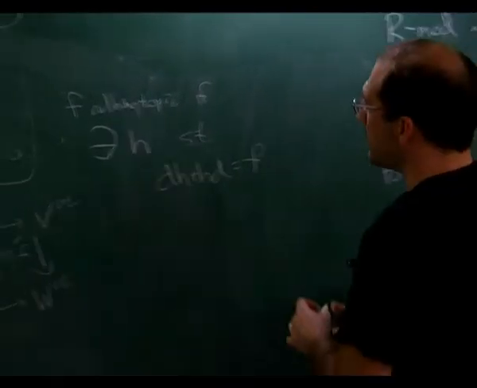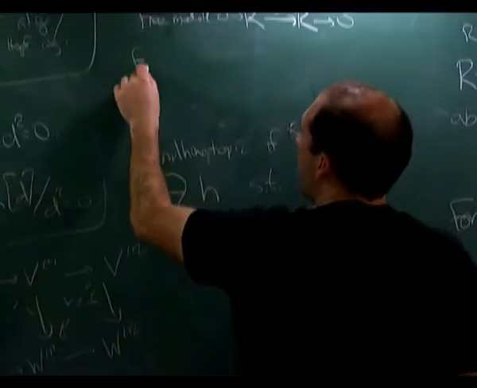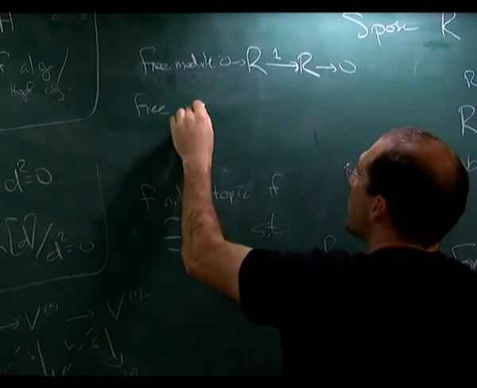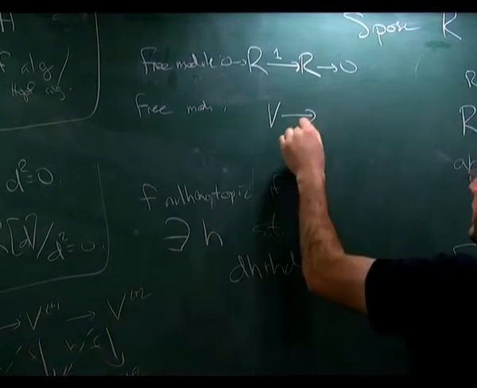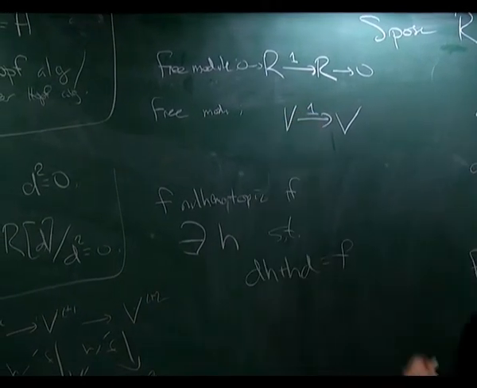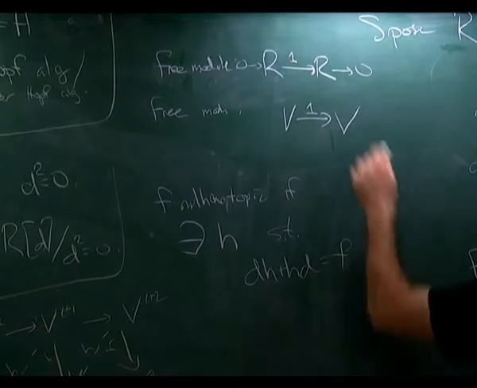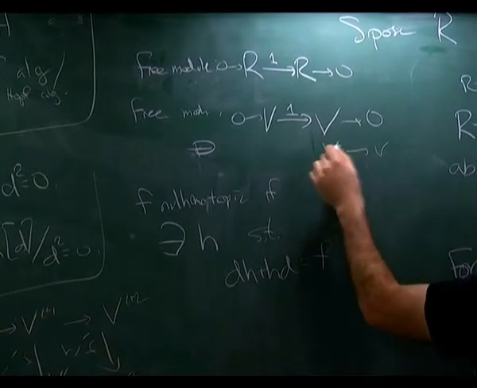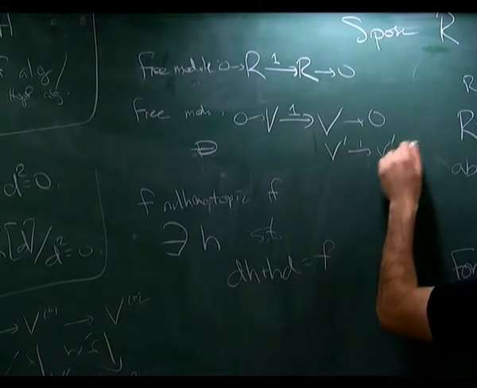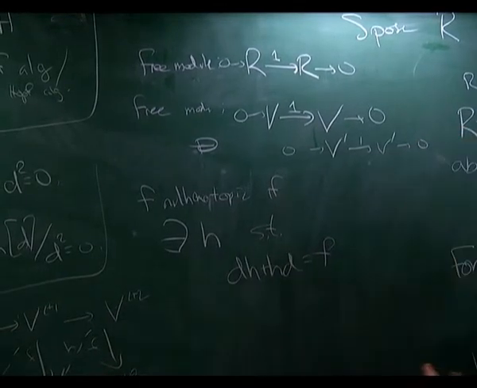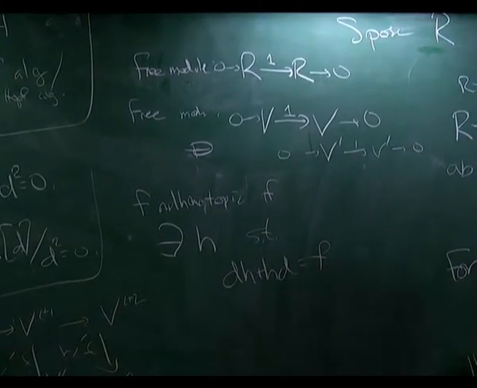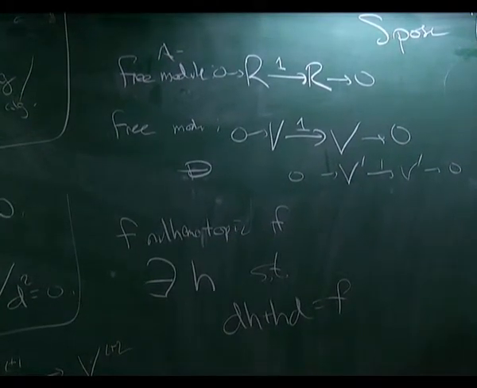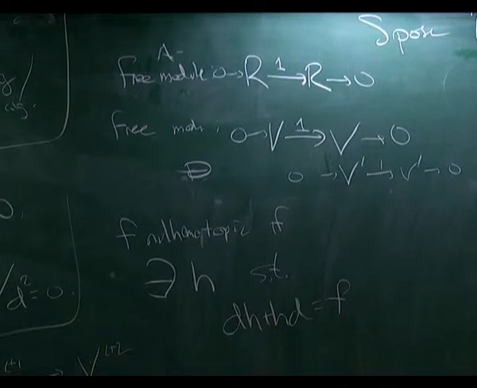So in that case, you might have a general free rank 1 module, but a free module would be something like V goes to V by multiplication by 1, plus maybe over here V prime goes to V prime by multiplication by 1. I mean a free A module. These are free A modules viewed as complexes. Okay. So I claim that actually,